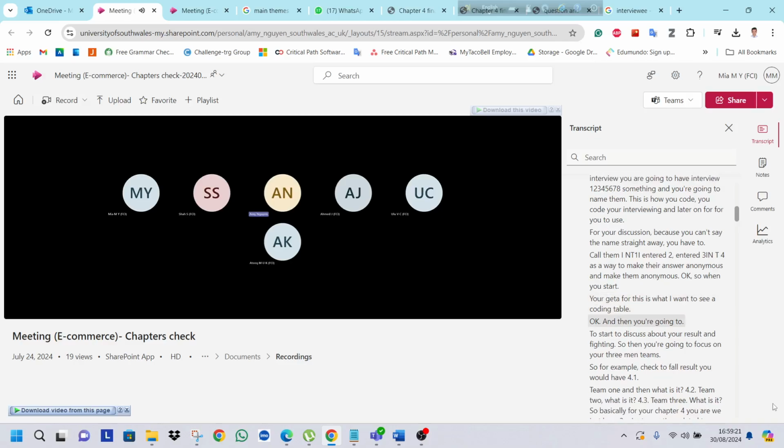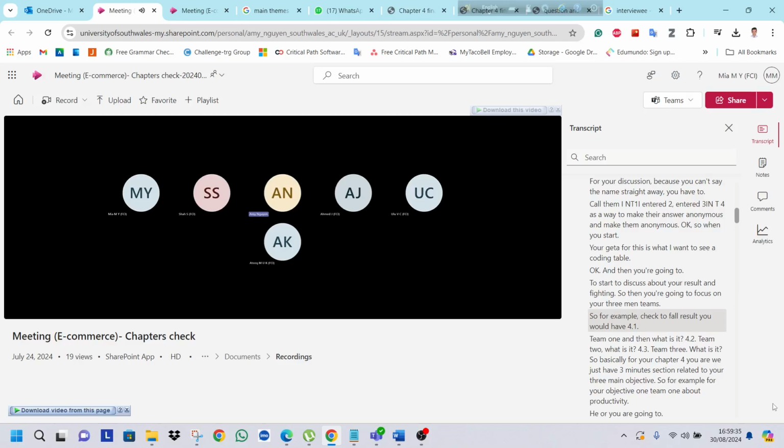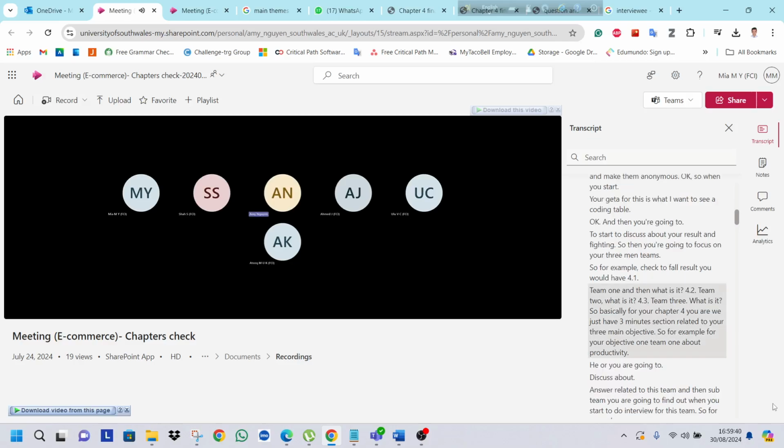Then you're going to start to discuss your results and findings. You're going to focus on your three main themes. For example, in chapter 4 results, you will have 4.1, theme 1, 4.2, theme 2, and 4.3, theme 3. So for chapter 4, you are going to have just three main sections related to your three main objectives. For example, for objective 1, theme 1, about productivity,